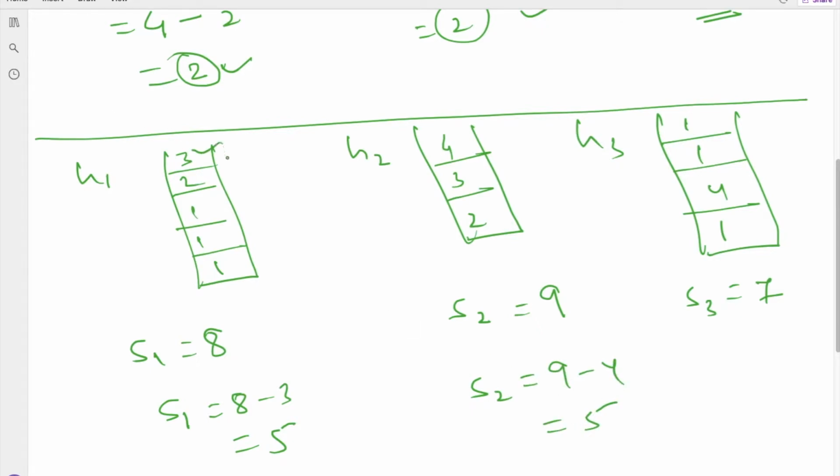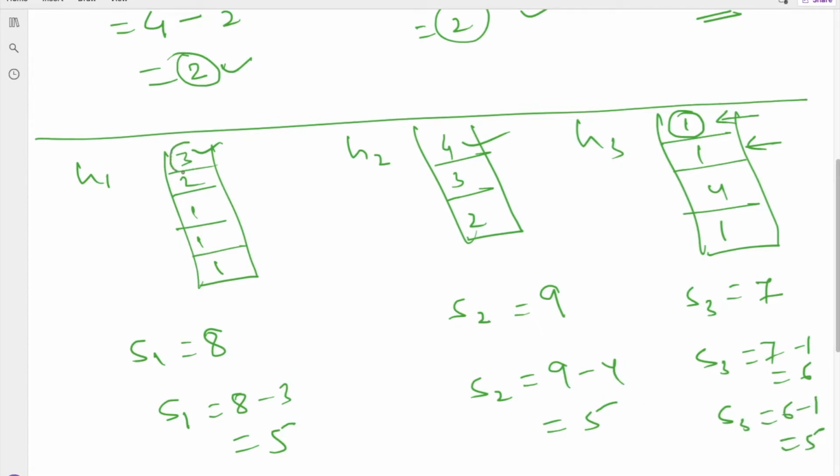I have removed 3 from stack 1, 4 from stack 2, and if I remove this 1 and again 1 from stack 3, then S3 will be updated as 7 minus 1, which is 6, and then 6 minus 1, which is 5.